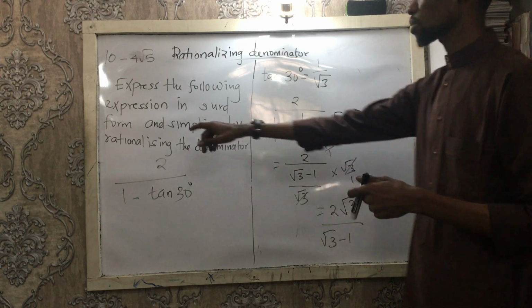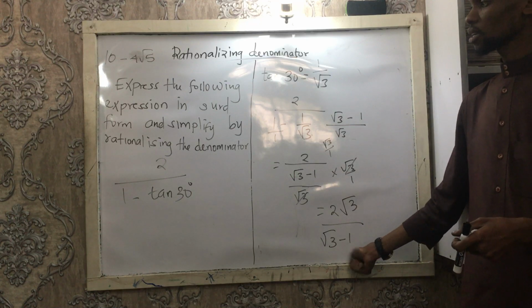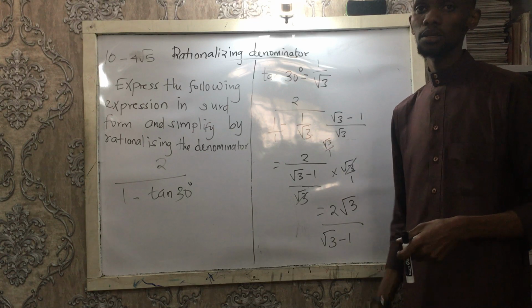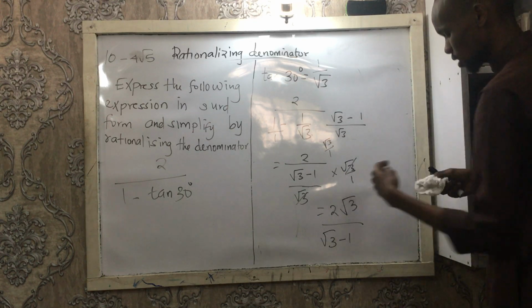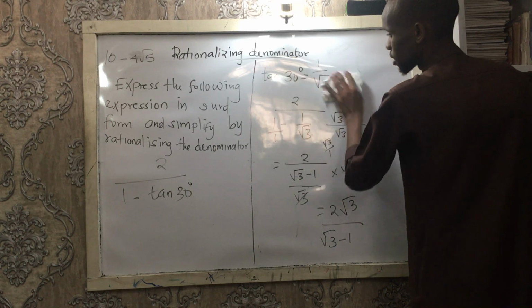So the question says express in surd form. Now already we have expressed in surd form. Now we are simplifying by rationalizing the denominator is the next thing, okay? So I'll bring this stuff of mine up here. I hope you're together, right? Okay, so